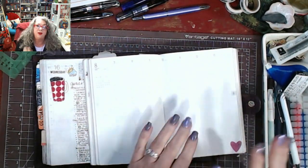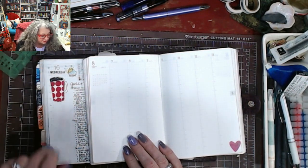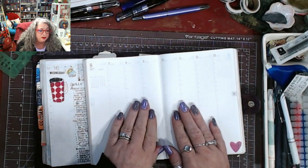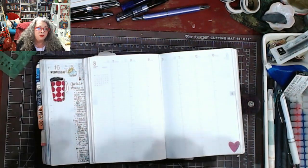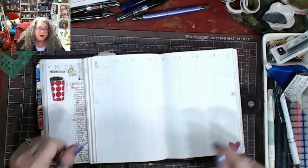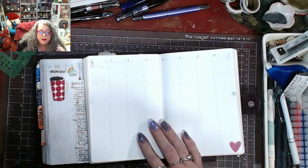Now, one of the drawbacks for some people may be that some people do like that the daily pages are dated. Some people do like that there's a time tracking over there, but it is here. I think it's hit or miss depending on your preferences. I have a Hobonichi Cousin for 2023 as well as the B6 Common Planner. They're going to be used differently. This is actually going to be more of the planner, whereas the Hobonichi Cousin, I will plan videos and things